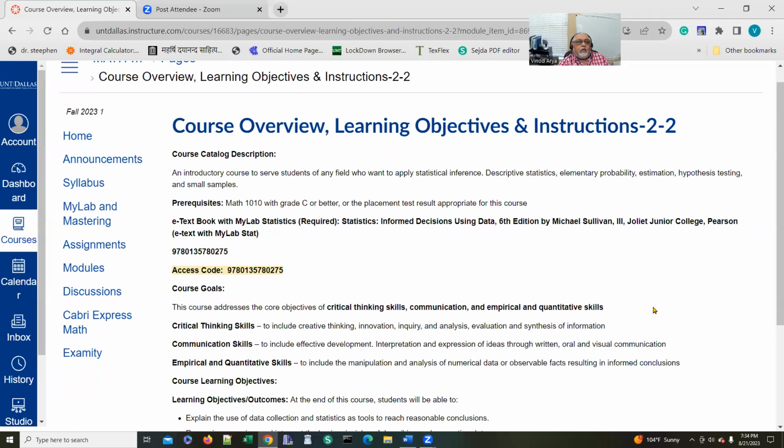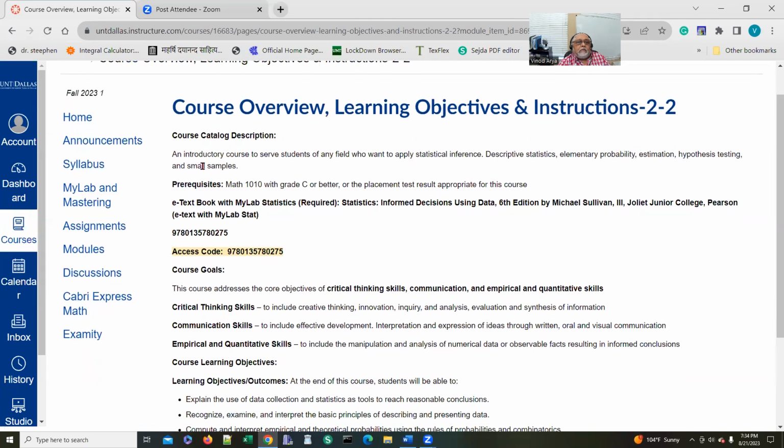Okay, so this is the course overview, and it will be what we require. The prerequisite is MAT 1010. We require an e-textbook with MyLab Statistics required. Statistics: Informed Decisions Using Data. This is the textbook which is required, and this is the ISBN number. The access code number is here. Now,